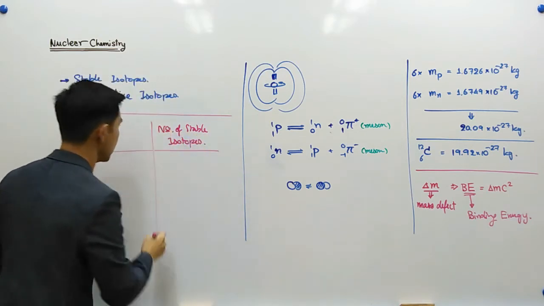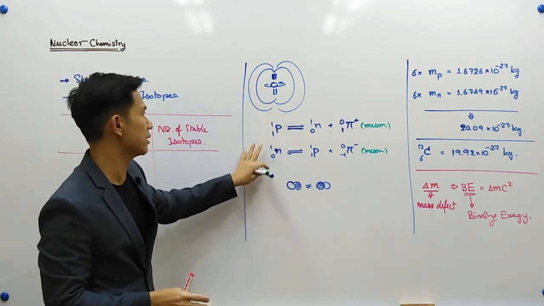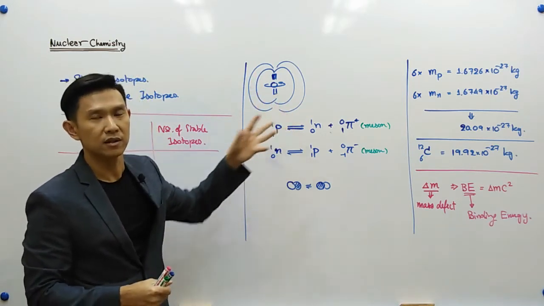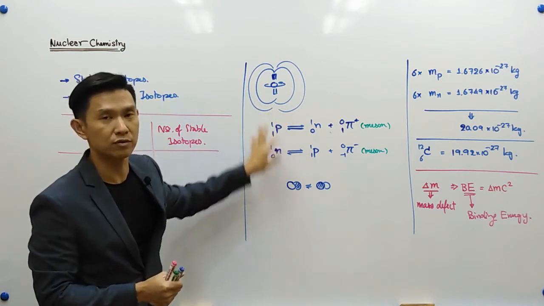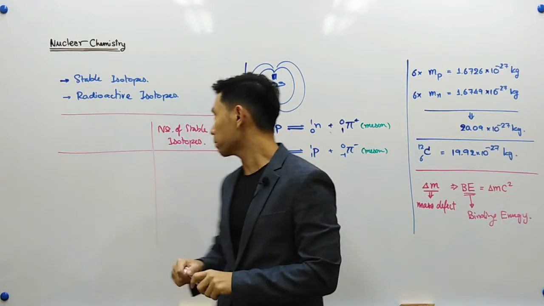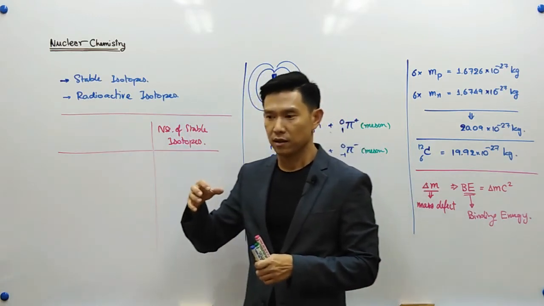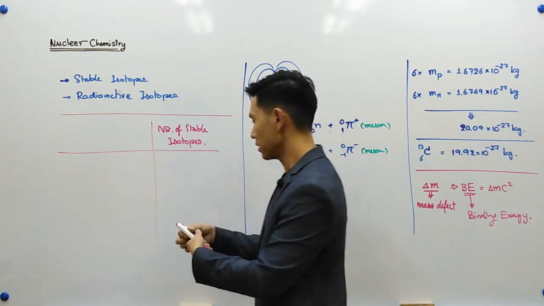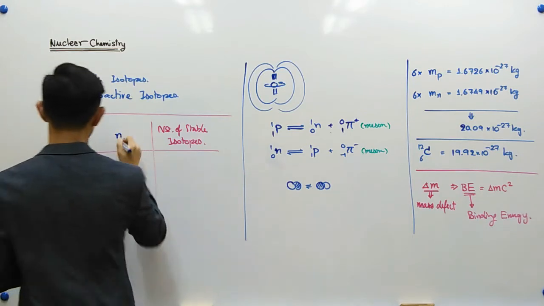Because, as I said, it depends on the transformation between proton and neutron, and we believe that there are some pairing things between the magnetic fields of proton and neutron transformation and everything. So the number of stable isotopes may depend on the number of protons and neutrons. So what we can see is if we have the number of protons and the number of neutrons here,